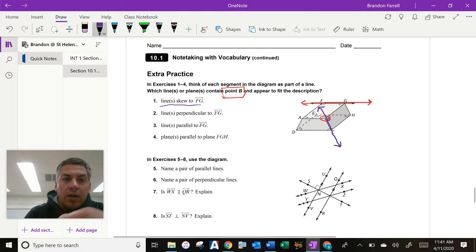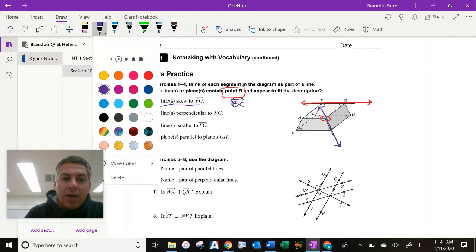So we're going to make sure that we highlight that. So BC, line BC, it would be the answer to that. Okay, so we're going to switch out to a different color. All right, and now we want to do a line